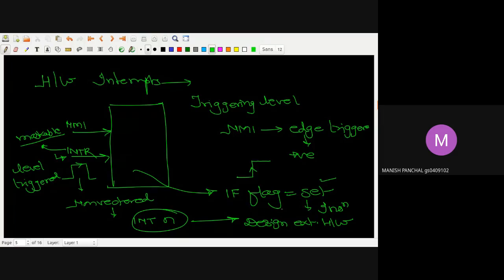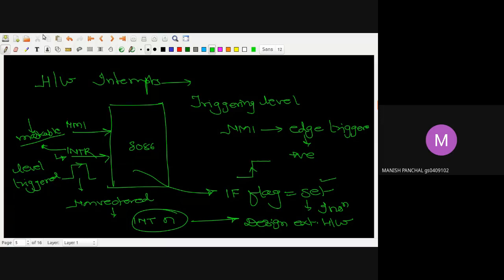If I reset this IF flag through some instruction, I will not get any interrupt requests from this INTR pin. So if some device is actuating this INTR pin by a pulse, this interrupt will not be recognized by this 8086 microprocessor, because the condition is that my interrupt flag is reset. If this interrupt flag is reset, I can say it is maskable. So in this case, you can do the masking also. So very good, Gyanendra. Now come to the next important slide.